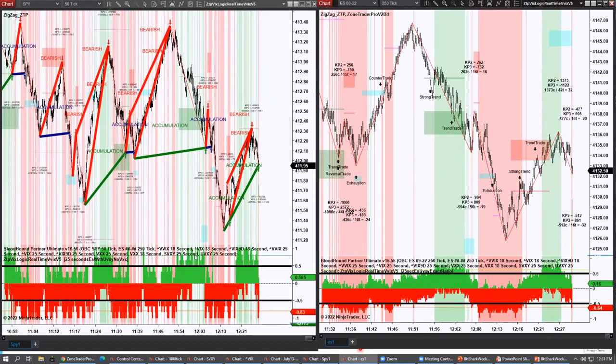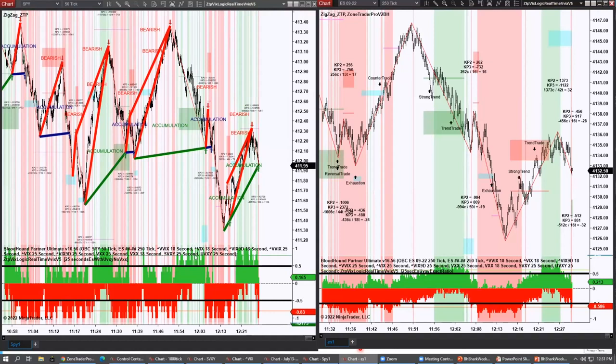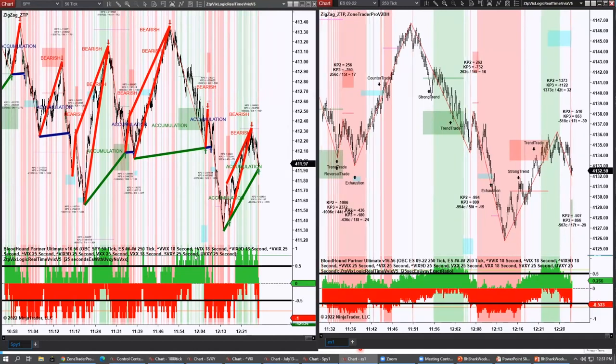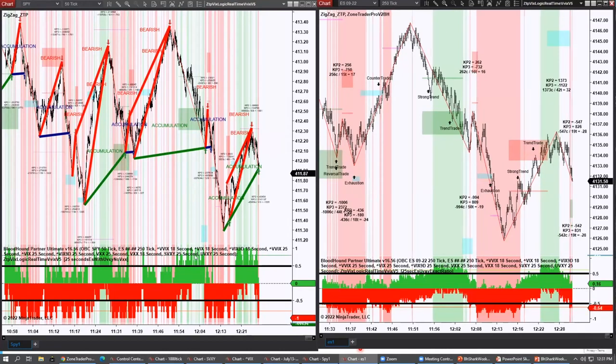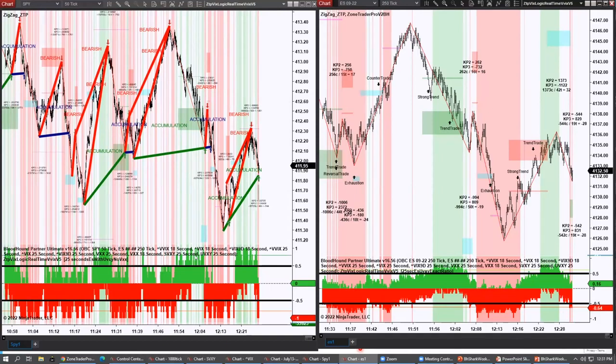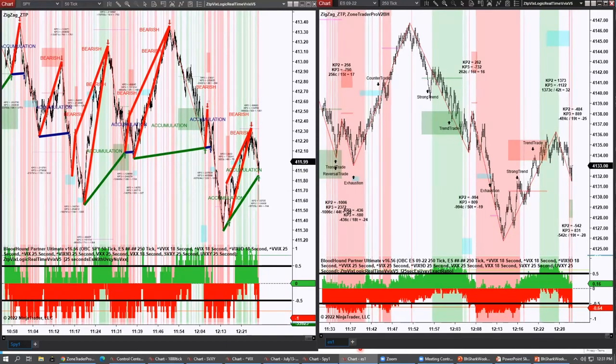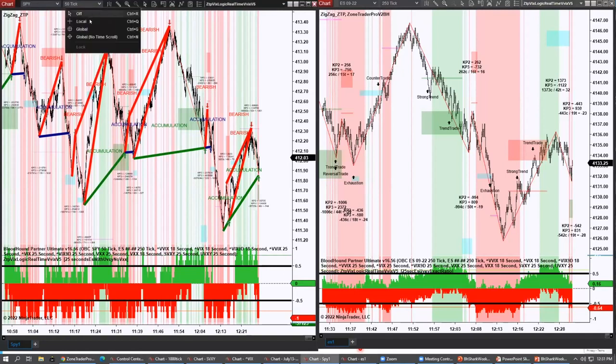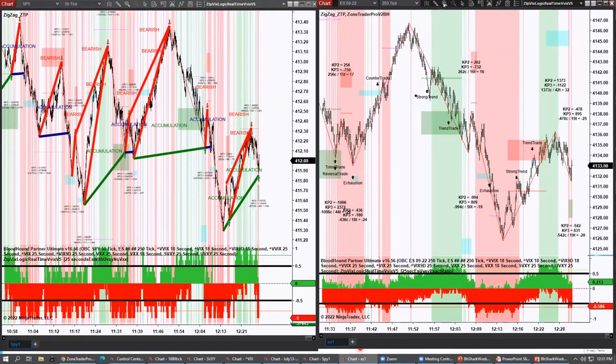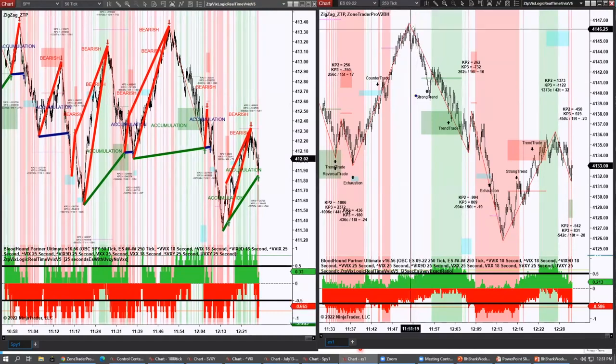You can see how we just had a pullback and the software identified an accumulation divergence. Now, if we had been short, that could be a reason to get out of a trade. Now, if we go back, oh, I'm sorry, the chart on the right is showing the